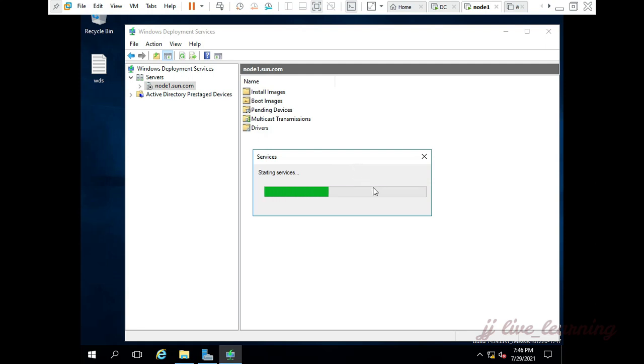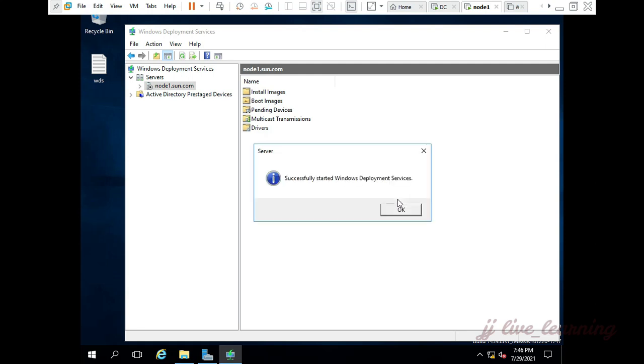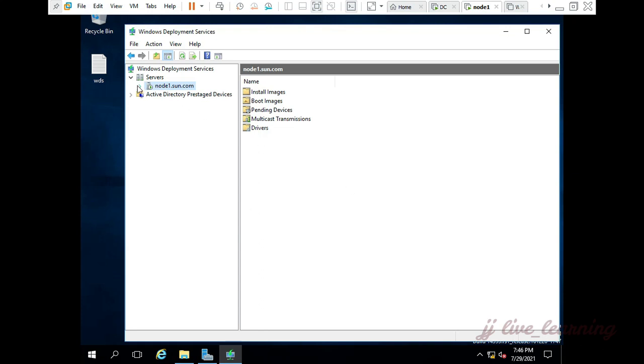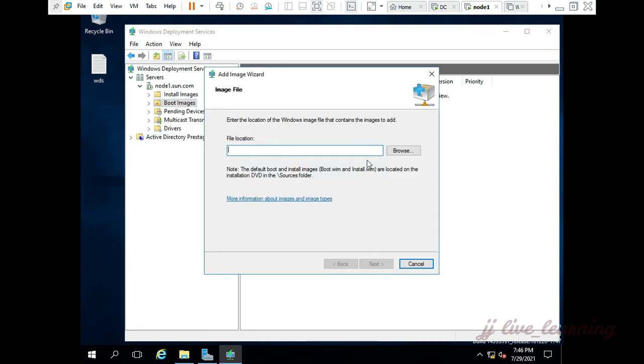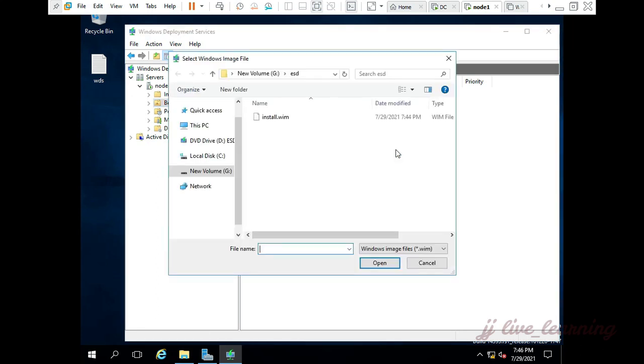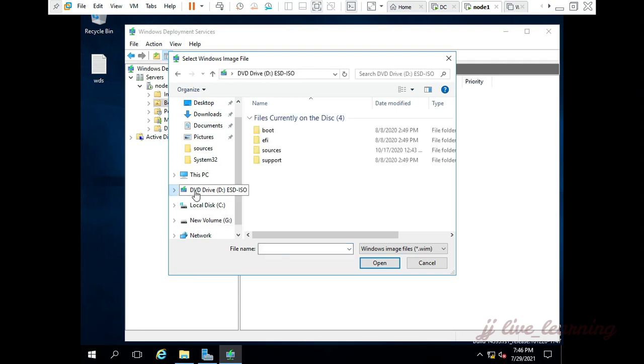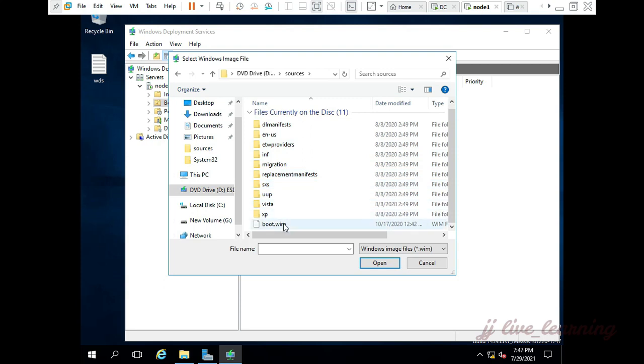After enabling, we have to add your boot file as well as image file in your WDS configuration. First we are going to add your boot file, the Windows 10 boot file. Right click and add boot image. Go to the DVD drive, go to sources. In your DVD, the boot.wim file will be available. Select that over the DVD drive.